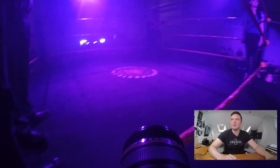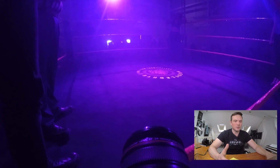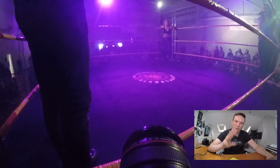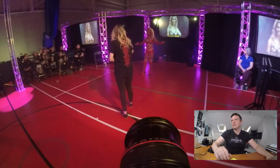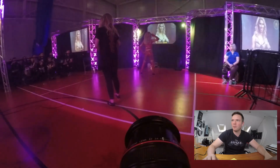Purple light hue descends upon the ring here as we wait for the entrance of Giselle Shaw. Just trying to get an angle here on Sadie as she's waiting, but there's just not enough light in the ring there to get a good capture. So once we've made a decision, we turn away from that and we see Giselle come through, turn around